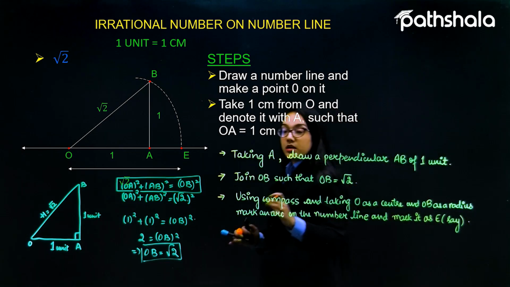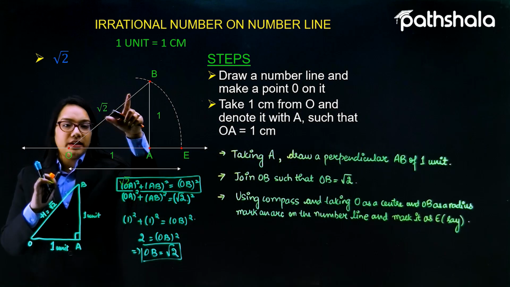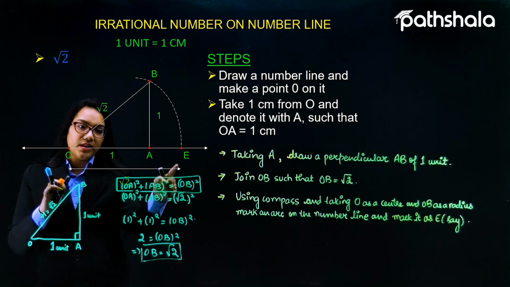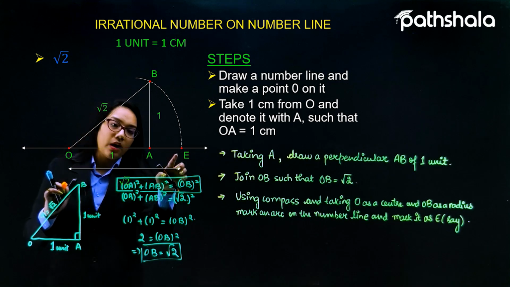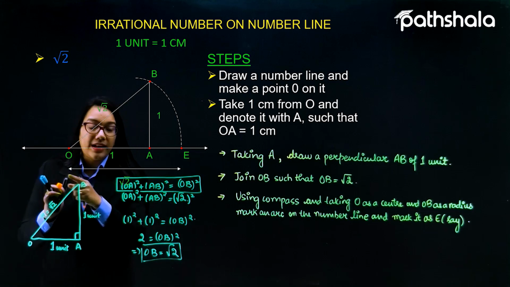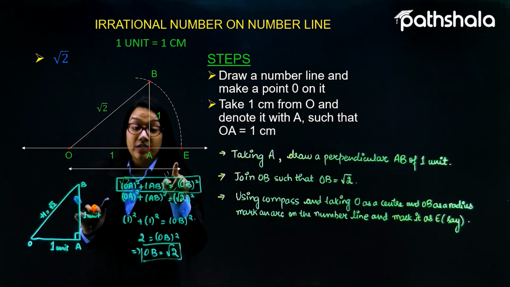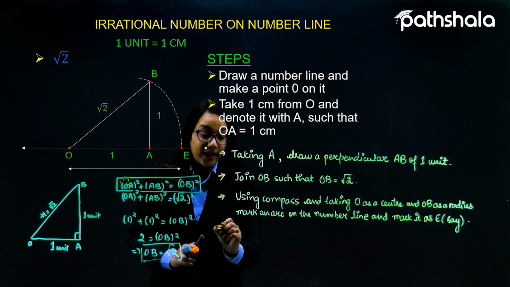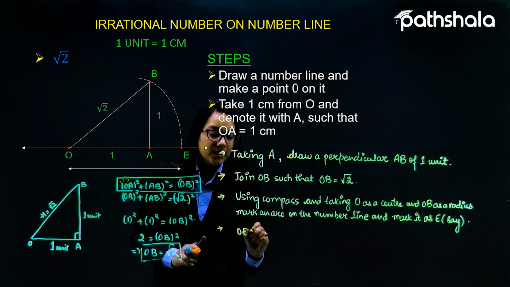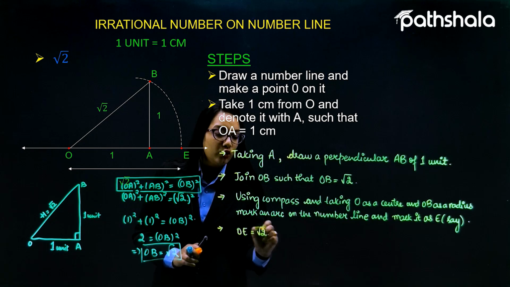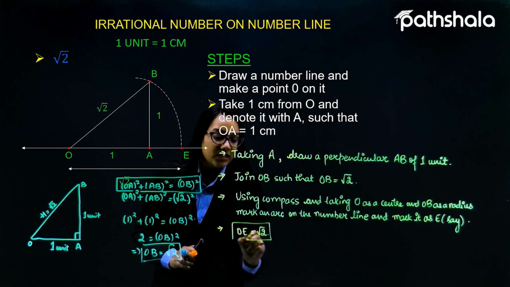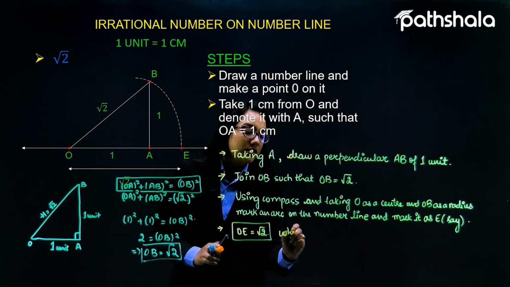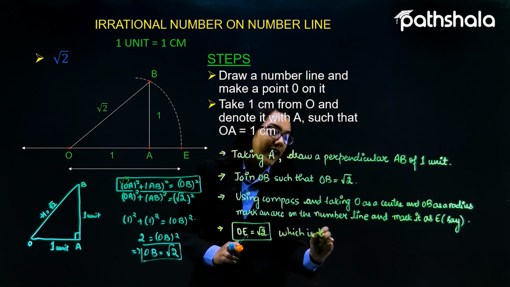So mark an arc on the number line, and let us suppose we are taking it as point E. So at the end, OE is equal to root 2, which is the desired